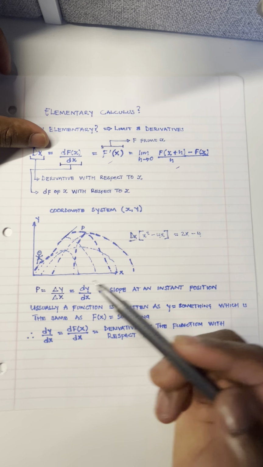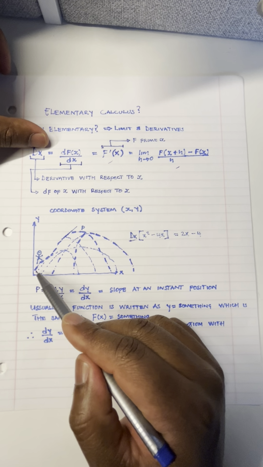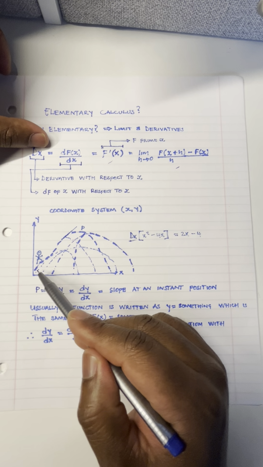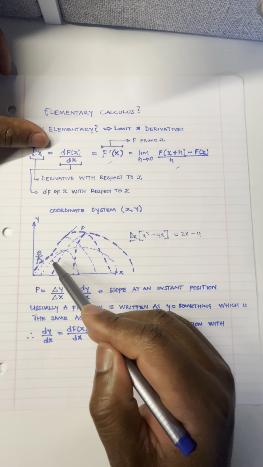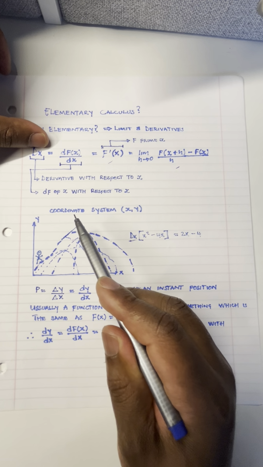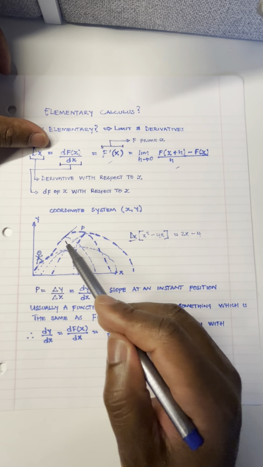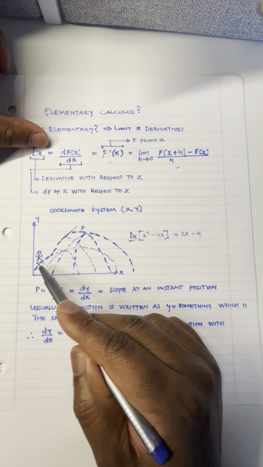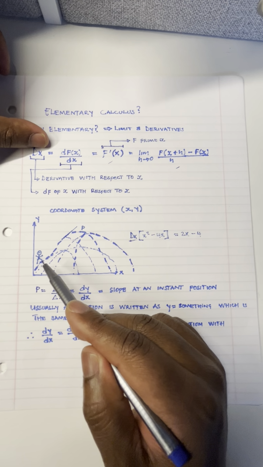Now, what is a derivative if somebody is climbing a mountain? Now, you know, if you are climbing a mountain, there are sections that are very steep in a mountain, and then there are sections that are less steep, and there are sections that are even vertical in such a way that it's impossible to go up the mountain. So a derivative is taking a slope at an instant in a position,